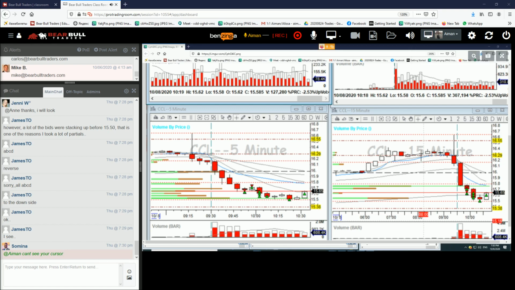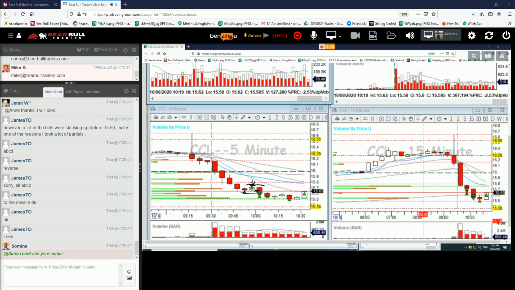This right here, I would take it to the short side. Now look at this. This would be my short, this would be my stop loss, because we are entering within the range. This is the low of the range in my opinion. This is the high of the range in my opinion. Okay, so I would take it to the short side here, have my stop loss at the high of the